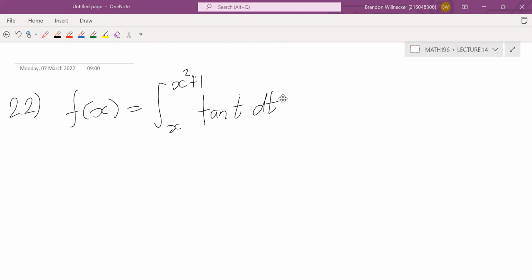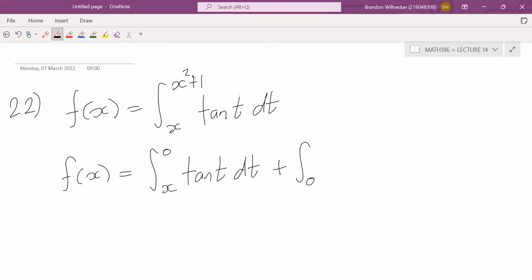Okay, so since the lower bound and the upper bound are functions of x, we need to split this up into 2 parts. So this is going to be f of x is equal to the integral from x to some constant. Doesn't matter what the constant is. So let's just say it's 0. And then it's going to be tan of t dt plus the integral from the same constant to the upper bound,